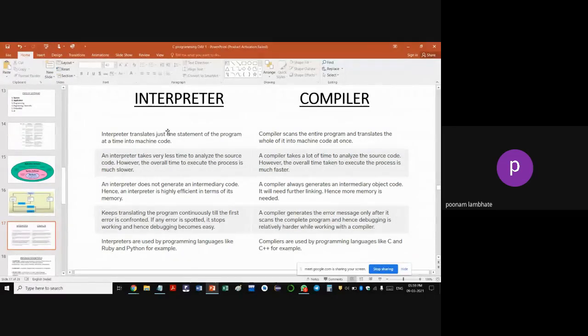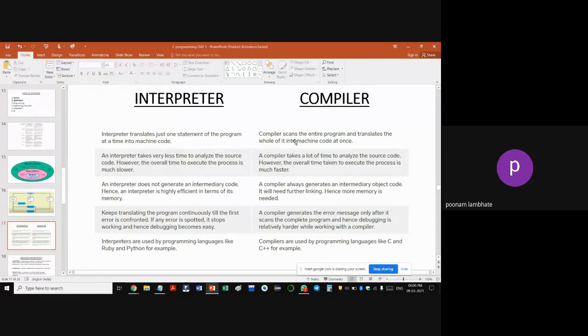Till now, no error. As soon as the fifth line is being interpreted, there will be an error. So that line will not get executed and your program will not be interpreted further. As soon as an error is detected, everything will stop. Then you have to debug your program and interpret it again.